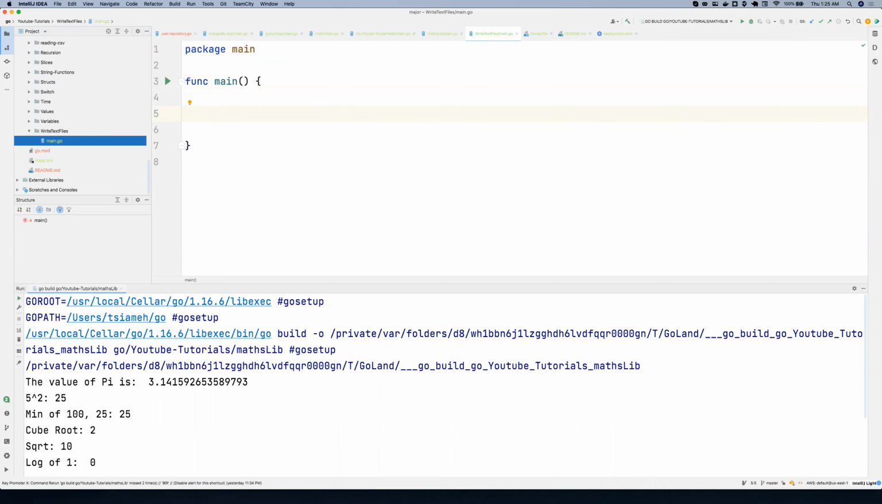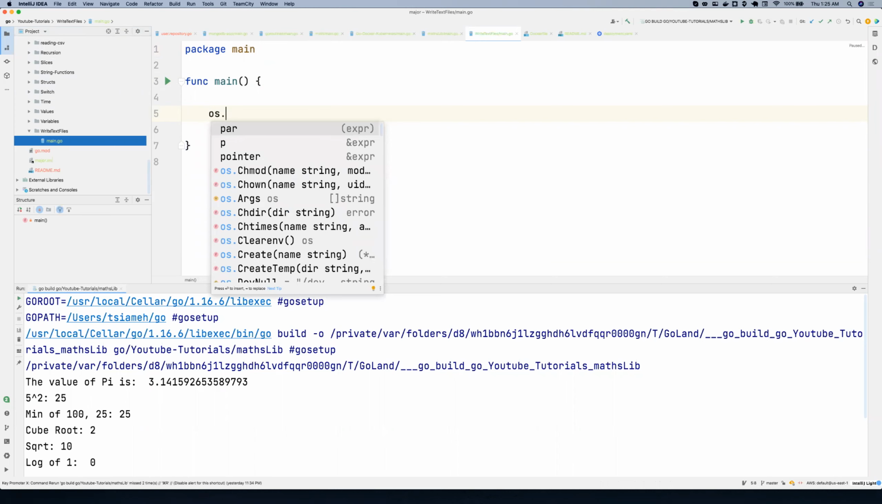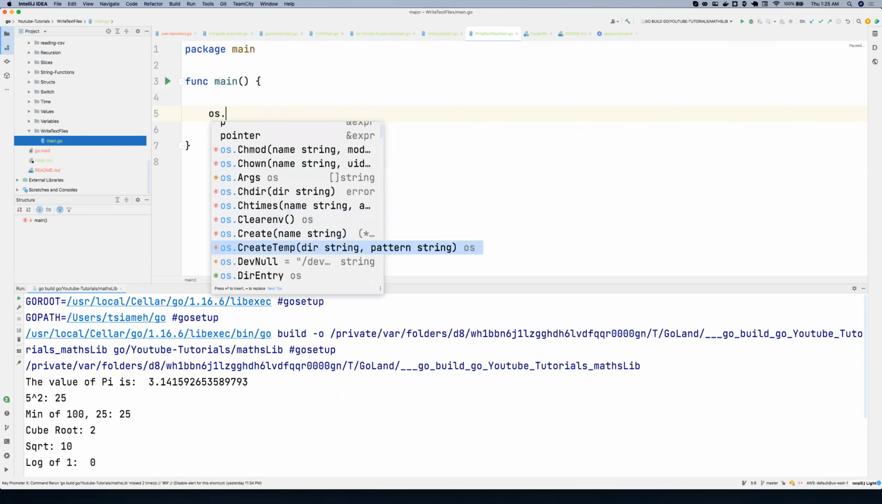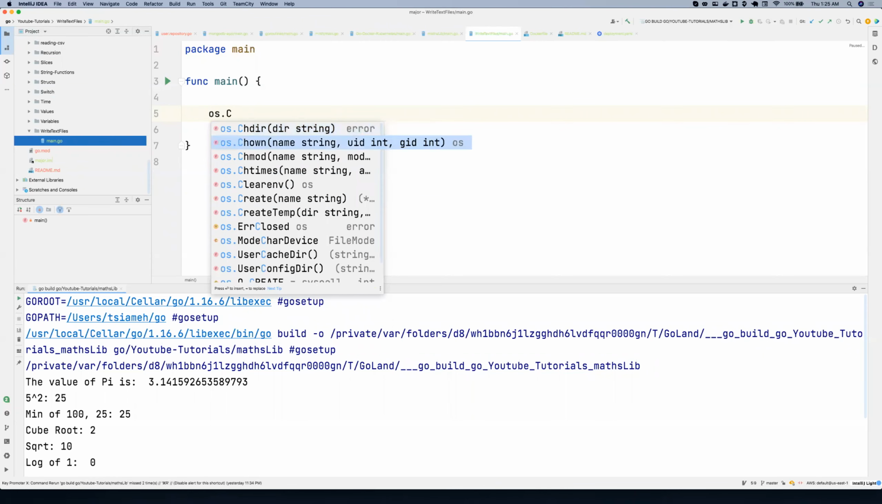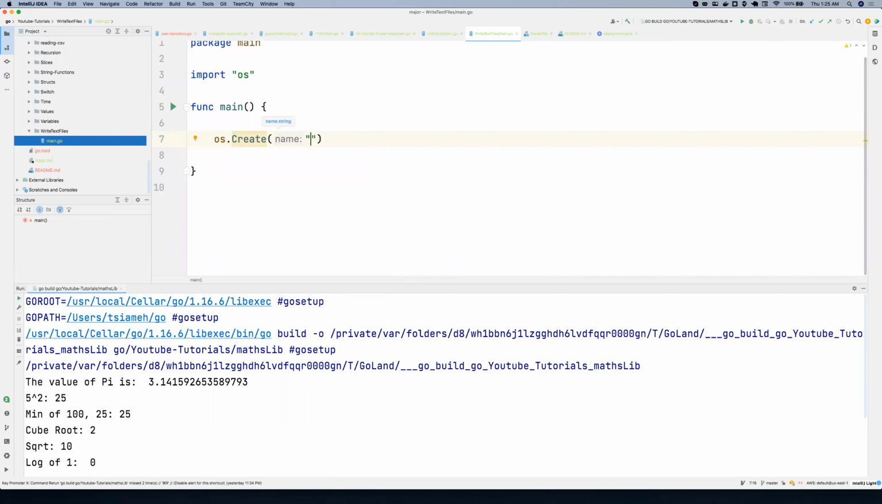And within the main function, I'm going to use the OS package. So os.Create, I'm going to use the create function. And the create function takes a string and then it returns a file and then an error. Okay, so I'm going to pass in the file name. So let's just call it